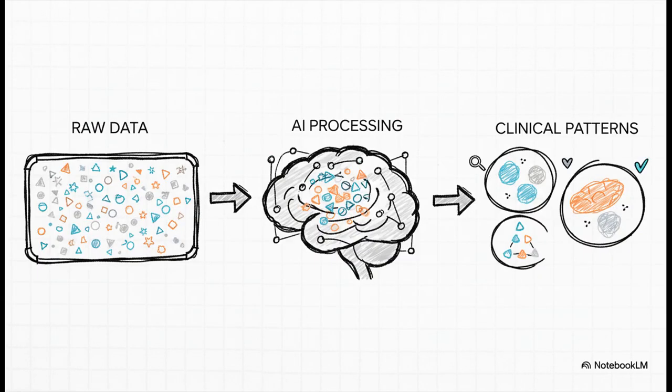This is where a technique called REGLE comes in, and it uses something called unsupervised learning. This is wild. It means you don't give the AI any labels, not a single one. You just hand it the raw data, say a bunch of lung function tests, and it just figures it out. It finds the important patterns all by itself. It's literally like giving the AI a flashlight and telling it, go explore this dark room and tell us what